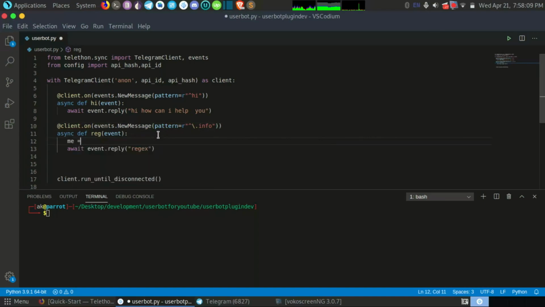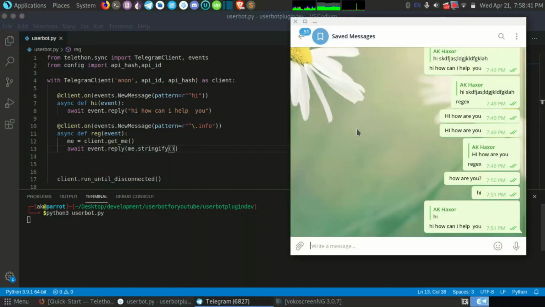Let's get our info using client dot get underscore me. This is a function used to get information, and after I get my information, I will not print it, I will stringify and reply to this message. Okay, me dot stringify, I think it's a function, so I have to put brackets here, and I run my userbot. And now hopefully if I put dot info,